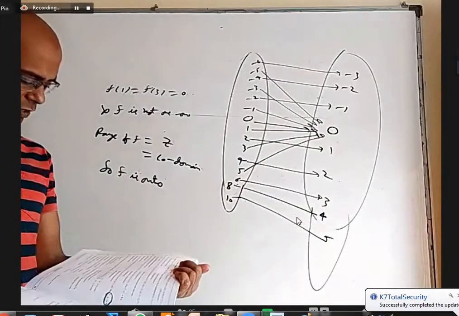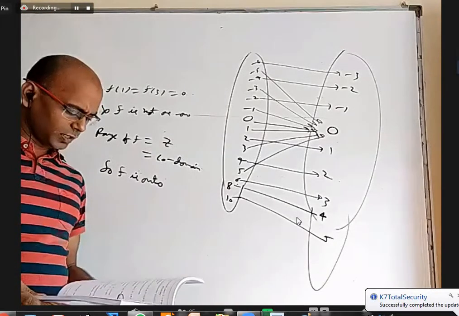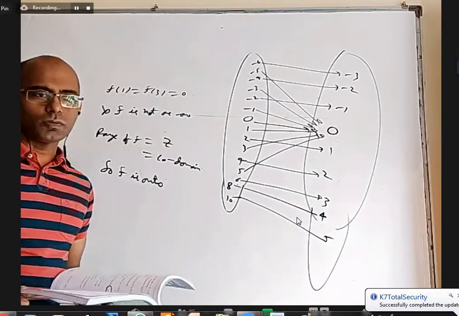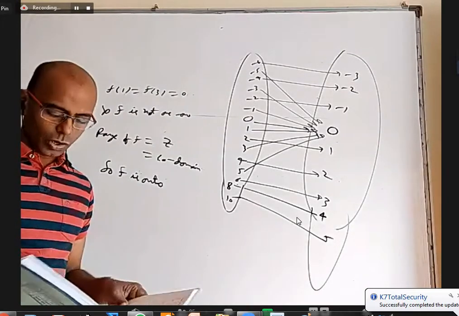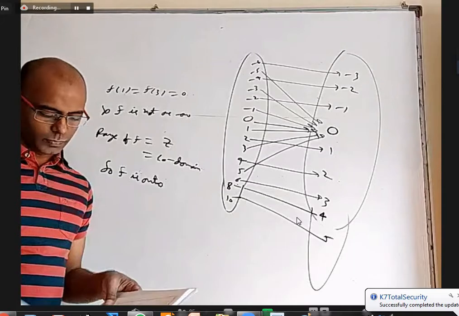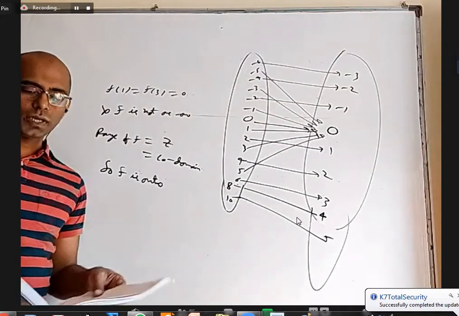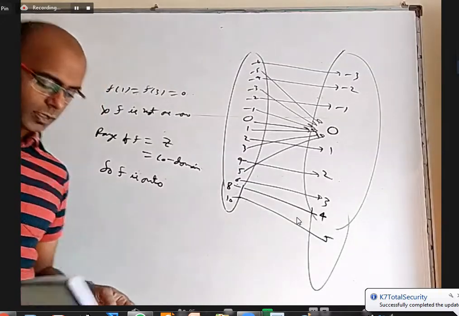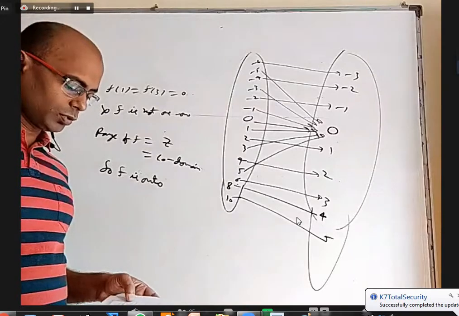24, anybody has doubt? Of course, 24 is a conceptual one. We discussed in the class that if something is not 1-1, the inverse will be only a relation but not a function. And if something is not onto also, the inverse will not be a function. So if you want a function to have an inverse, it should be a bijection. It should be both 1-1 and onto. We discussed this theoretically, with examples also, what happens if not 1-1, and what happens if not onto.